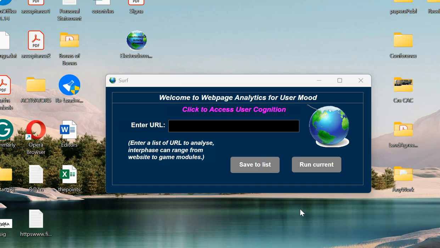So the web page or the interface can be loaded in, and then we can view the eye movement and also the emotional response of the user, which are in form of emoji emblems. So for this case,